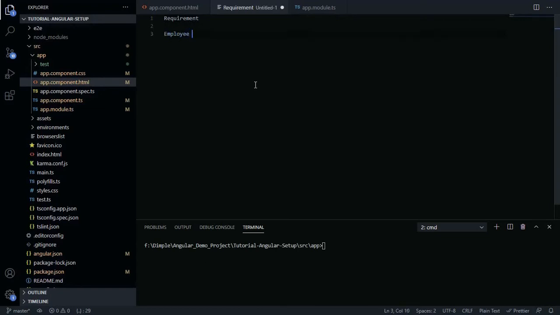My employee will consist of ID, name, designation, contact number, and then action. Let me give you an example: Neha, software engineer, and then delete.